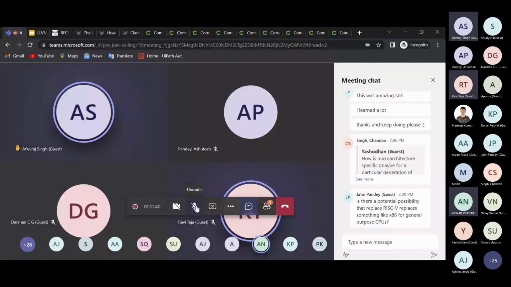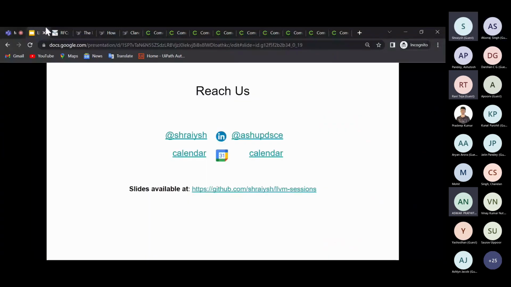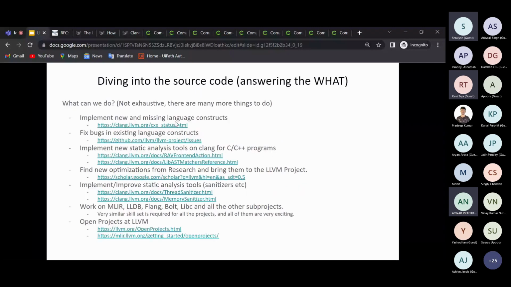Yeah, so like I mentioned in one of the slides, you need to decide what you want to work on and how. The how is not very hard to figure out. The what is something that you need to decide. These are the things that I know of that new people can come and pitch in on, but of course, feel free to find out anything new that you want to work on.